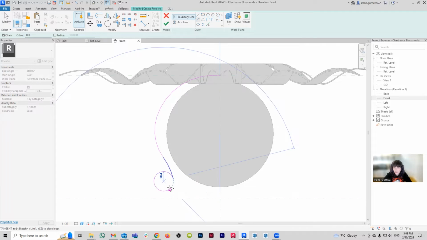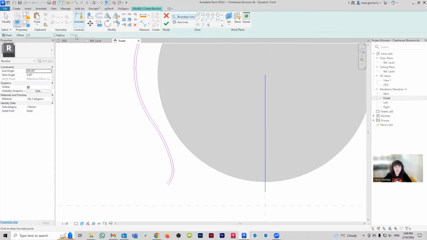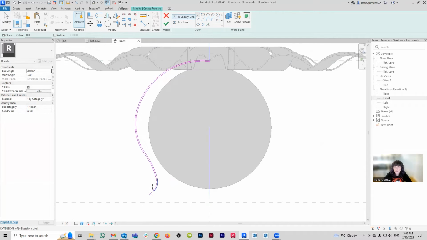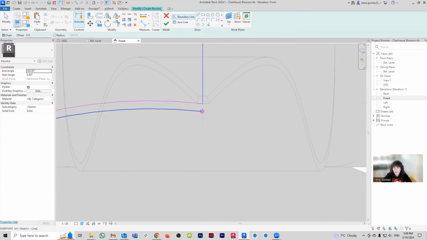So see, it has this more whimsy shape, so to speak. I'm going to use my thick line. I'm going to give it an offset of, I think we said, 2 millimeters, and now I'm just going to offset all of these arcs. There you go. And I'm just going to cap it at the bottom and the top. And I'm going to say here, and I'm going to cap it also here.